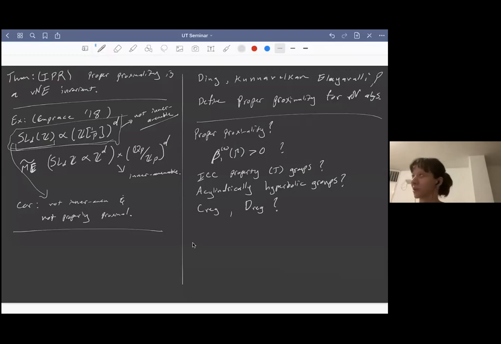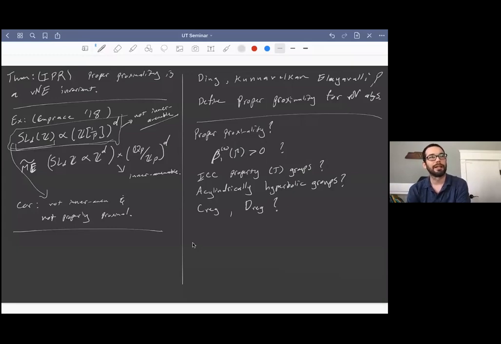And one more question. I'm sorry, so many questions. I know that convergence groups are properly proximal. And I know also that there is Bowditch's characterization of convergence groups, that the group acts properly discontinuously on triples. Do you know if it's possible to see proper proximality directly from Bowditch's definition, if I forgot the old definition of convergence group? So I mean, from the action on triples, can you see directly that the group is properly proximal?